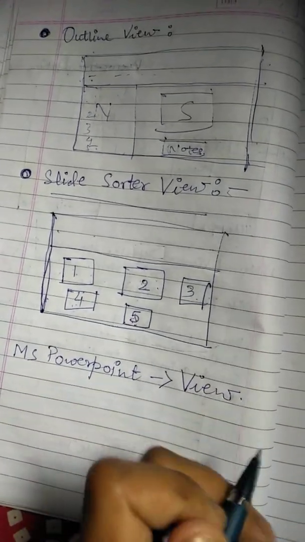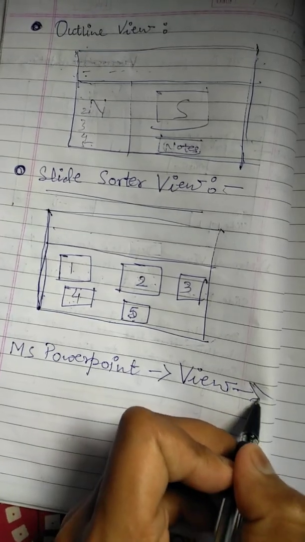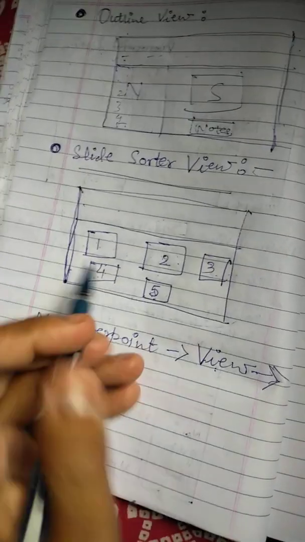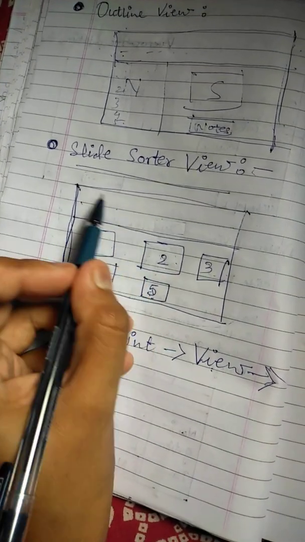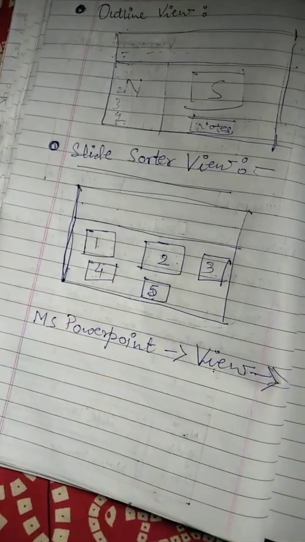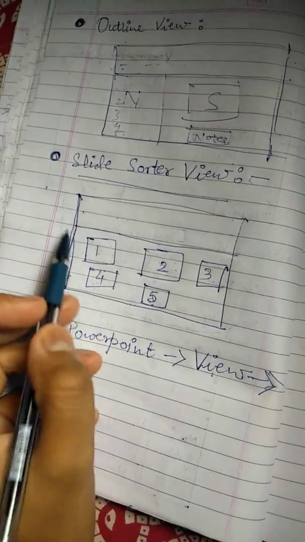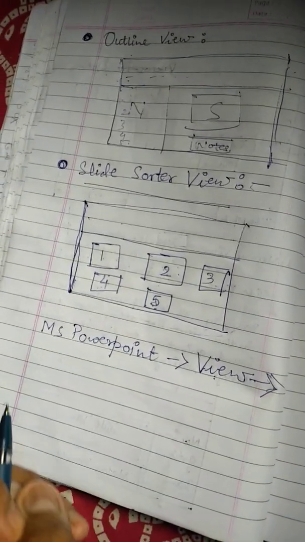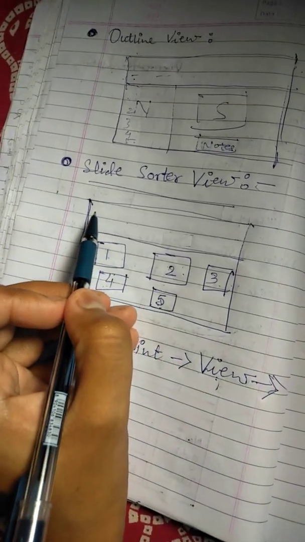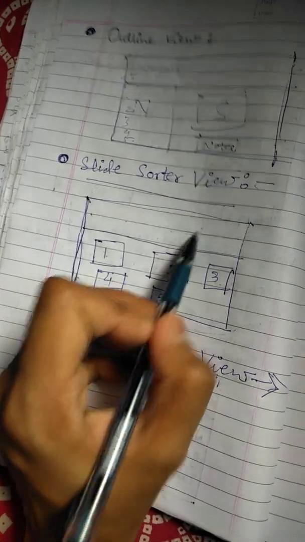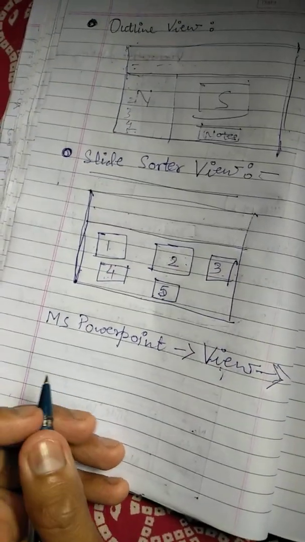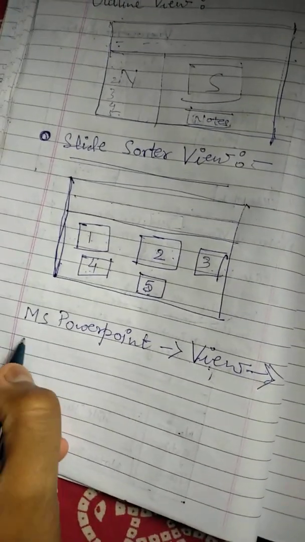Okay, View. After we click on the View option, below the ribbon options which are Home, Insert, Animation, etc., one more ribbon is there, and its options are related to the above ribbon. That is, as soon as we click on View, all the View-related options will appear below, and there we will click on Presentation Views.